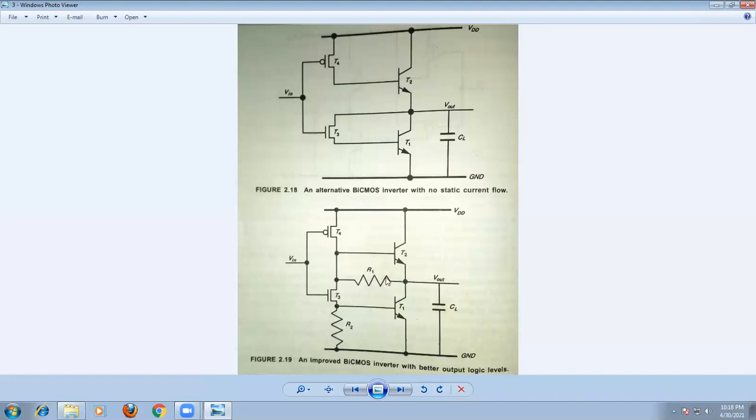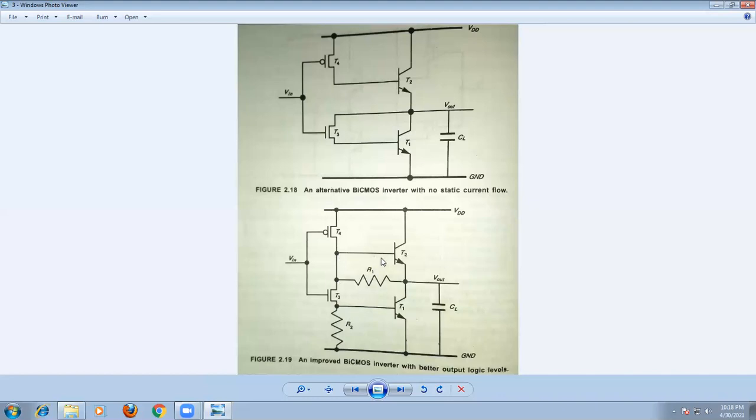Therefore, we are going to replace the circuit once again. We are going to introduce two resistors to discharge the base of the transistors in the off condition. So now we connect a resistance between these two points like this, and another resistance we are going to place at this point. We have these two connections here.